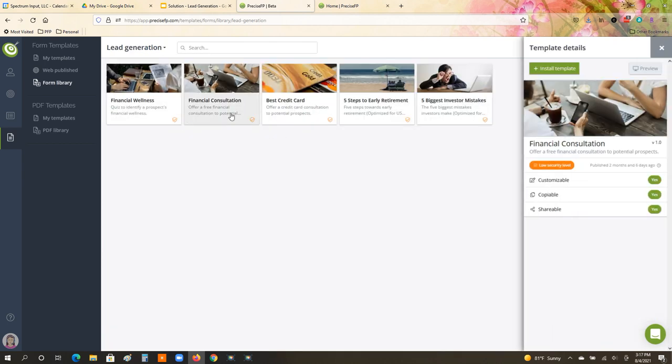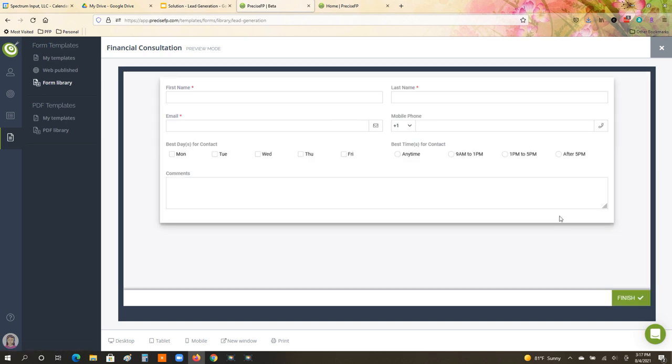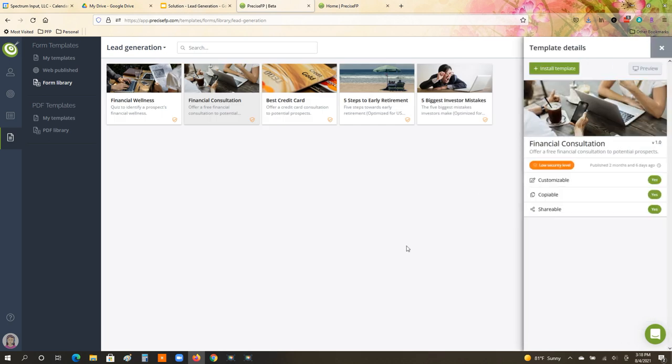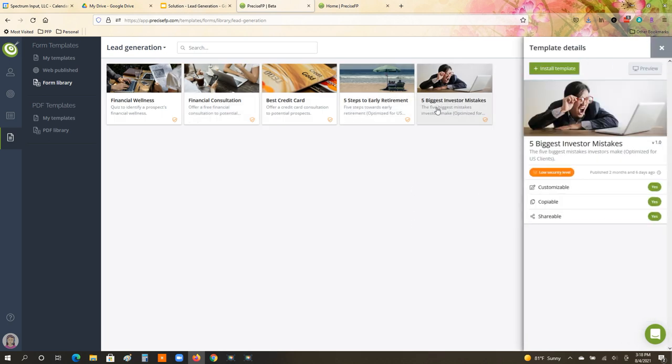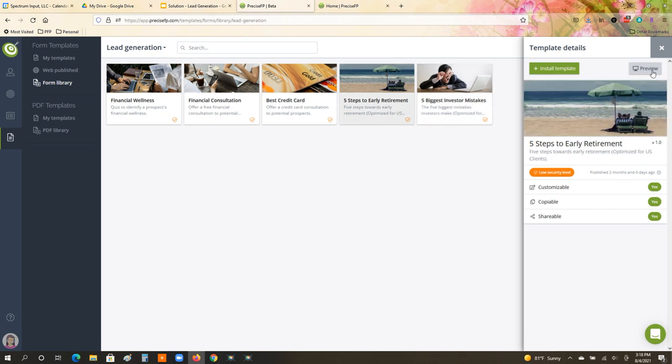This one is a little more simplified. It's a financial consultation template. So as you can see, again, getting basic information and asking them what is the best day for someone from our firm to contact them. These two here, the 5 steps to early retirement and the 5 biggest investor mistakes, have a bit of a